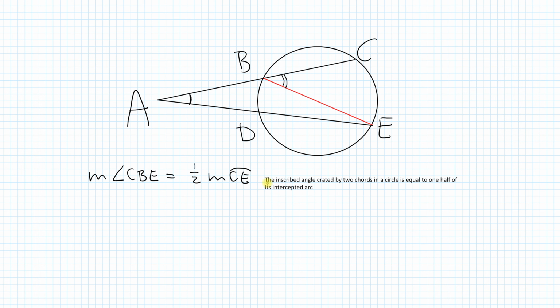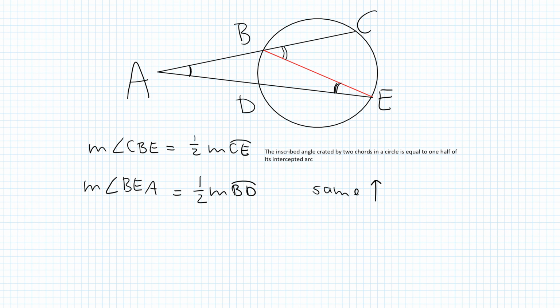Okay, I guess we can leave it like that. Okay, so what can we say about this angle? Similarly, measure of angle BEA, or BED, it doesn't matter, is equal to 1/2 of measure of arc BD, okay? And it's basically the same reason as above, okay? The inscribed angle created by two chords or two secants, it doesn't matter, is always 1/2 of